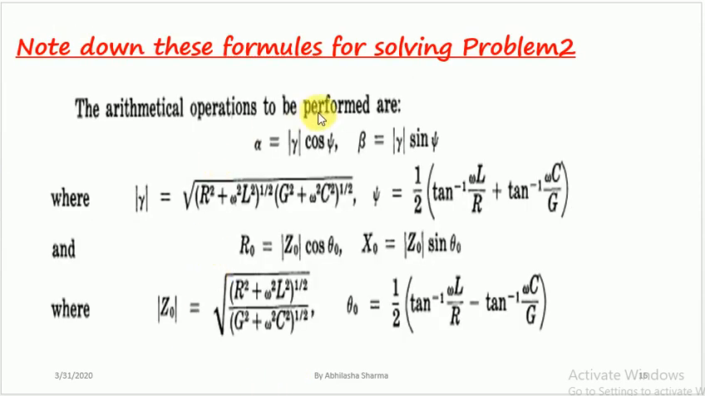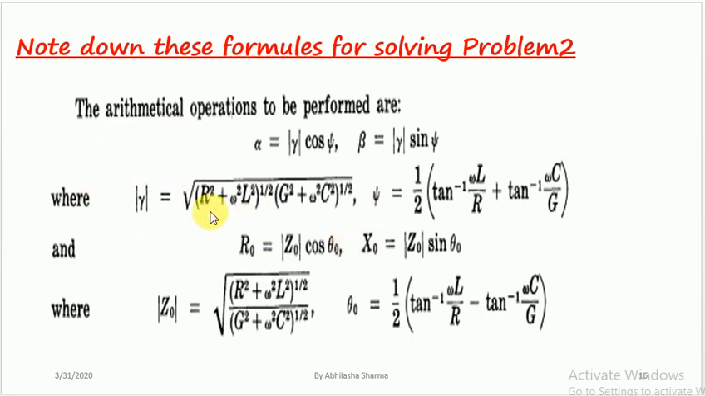Yes, so before moving towards the next problem, first of all you have to note down these formulas. Gamma, as you all know, is the propagation constant, and it is equivalent to alpha plus j beta. Either you calculate the gamma, and after calculating the gamma you are able to calculate alpha and beta. Or another method: gamma has two values, one is mod of gamma, which defines the magnitude of the gamma, and psi